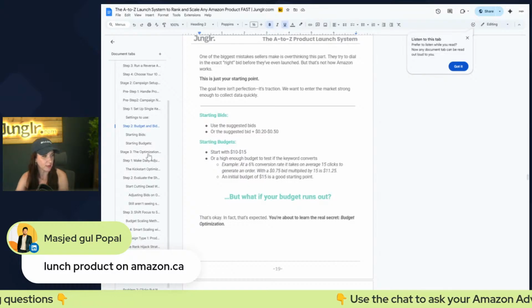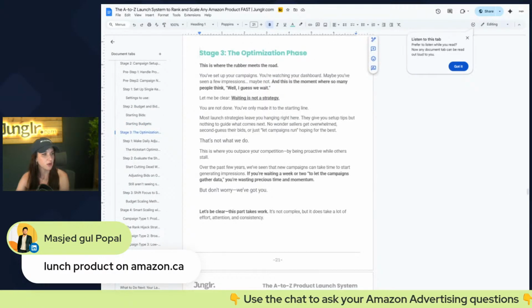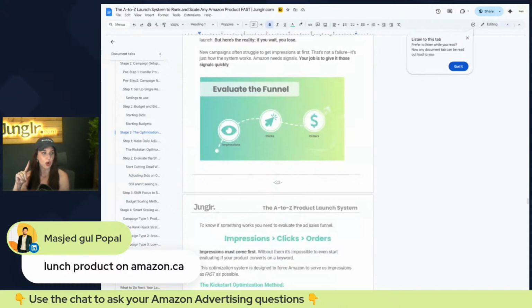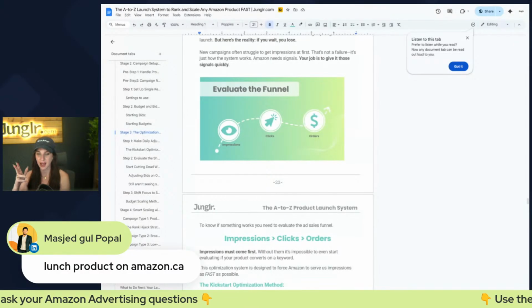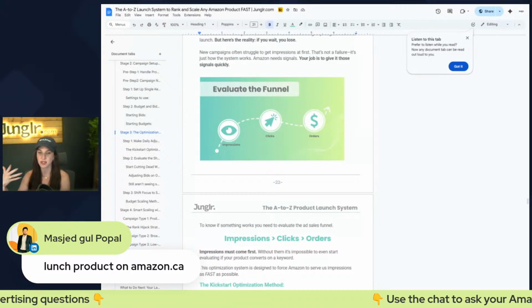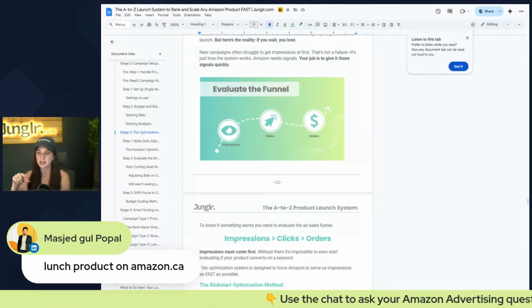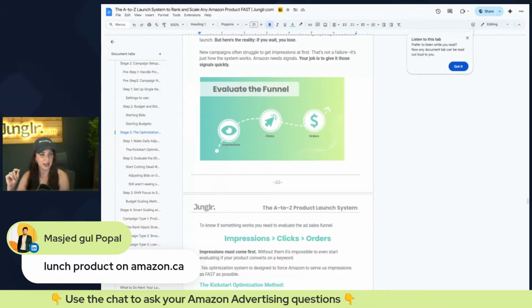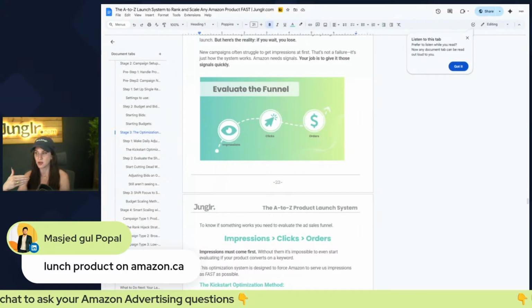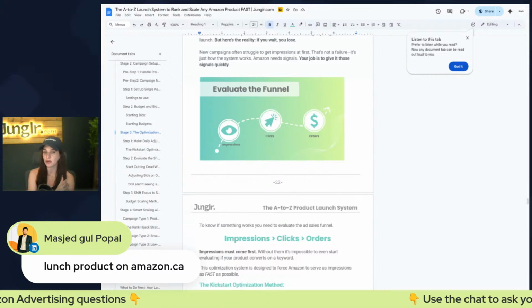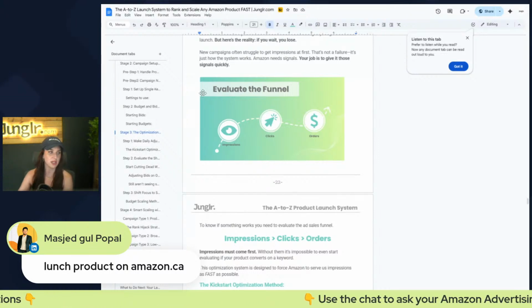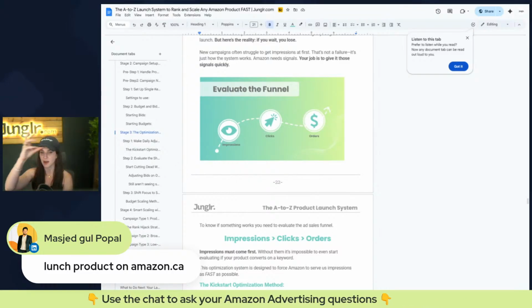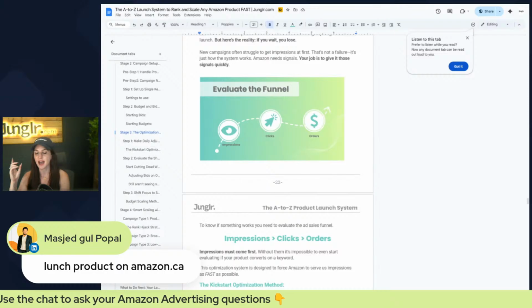And then don't worry if you go over budget starting here. Your goal in the beginning is just to get impressions. So over the span of a couple days, you're going into the ad console every single day and saying, okay, I'm going to increase bids until I start to get impressions. And then once you get impressions, you're going to ask, are those impressions leading to clicks? Again, you're looking at this funnel: impressions, clicks, and orders. You need the impressions first, then we get clicks, then we see if they generate orders, and our goal is to find out